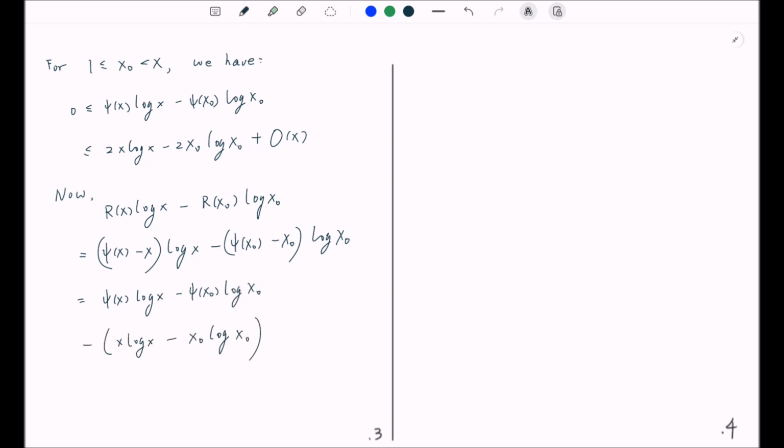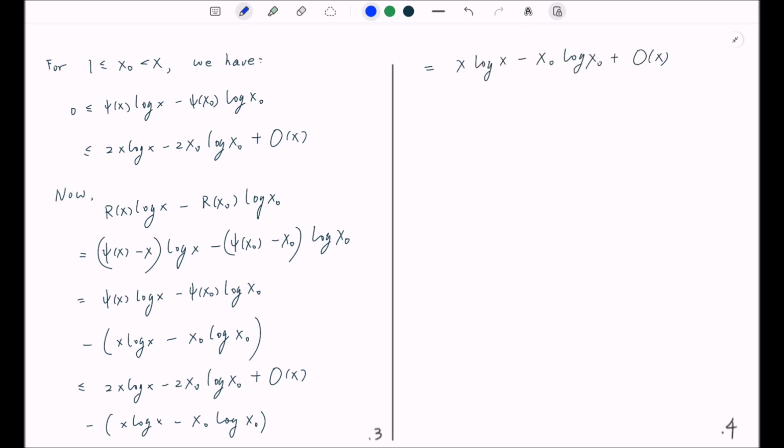we can use this result above, which says this part is bounded by this thing. So if you plug this into here, we get the upper bound, which simplifies it to,